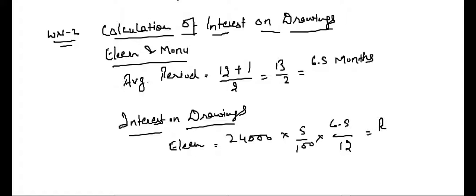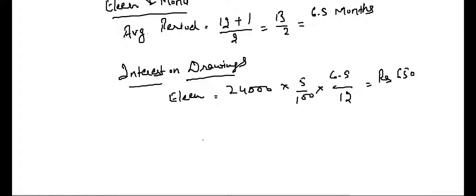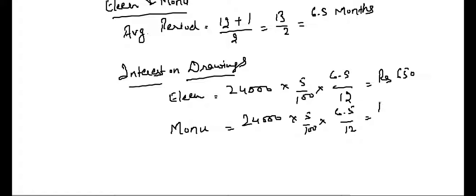This comes to 650. For Monu, it will be the same, 24,000 into 5% for 6.5 months. Clear? Now for Ahmed,